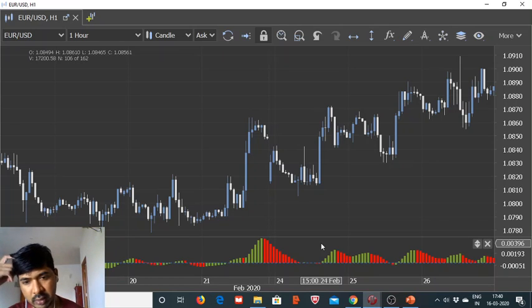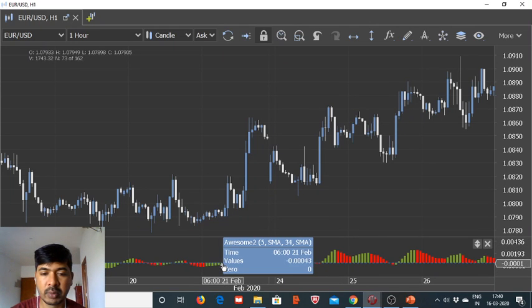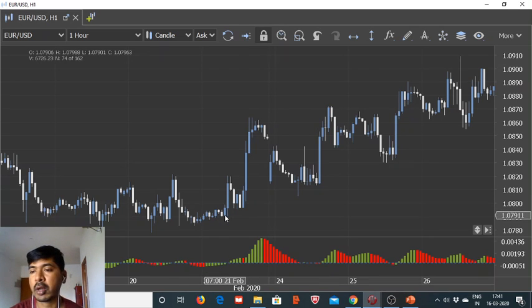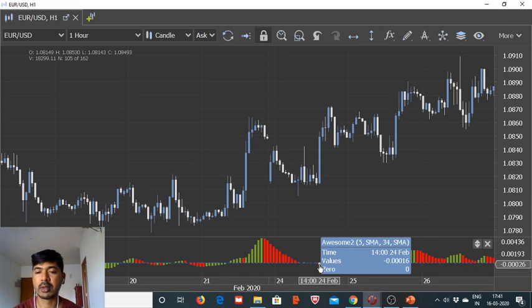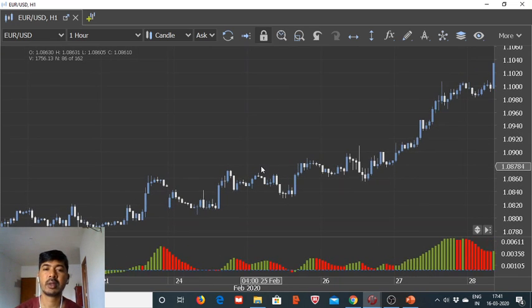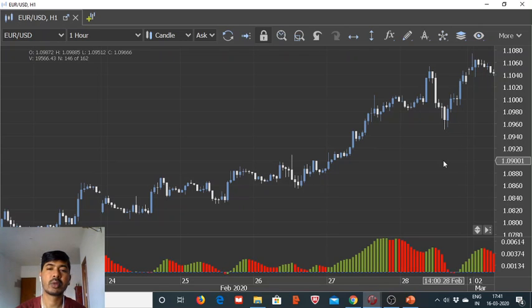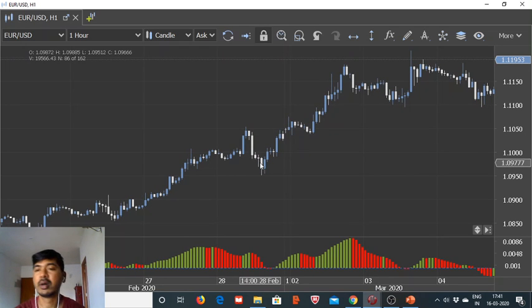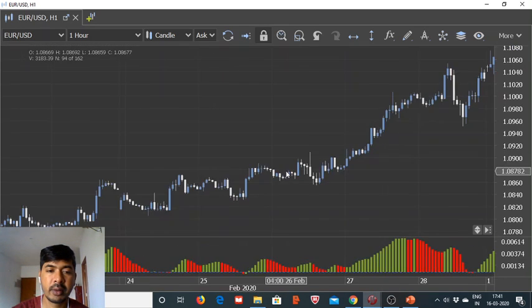But one thing is, as you can notice on the hourly chart, by the time the momentum shifts from bearish to bullish, a large move is already there, as you can see here in this instance, as well as around 14th GMT, 24th of February. So in both these cases, I think we will again need to add some different indicator, or plan it better,